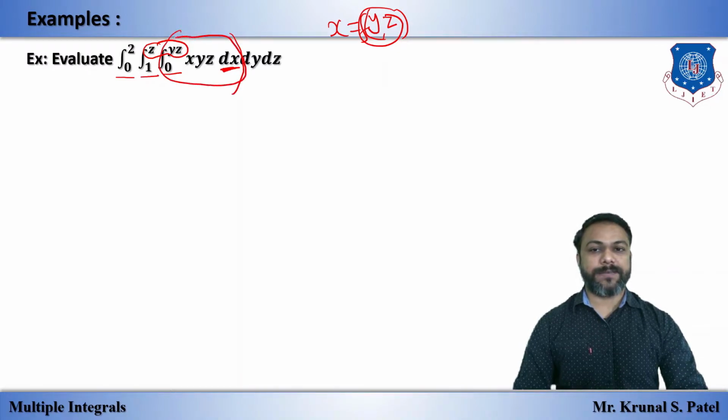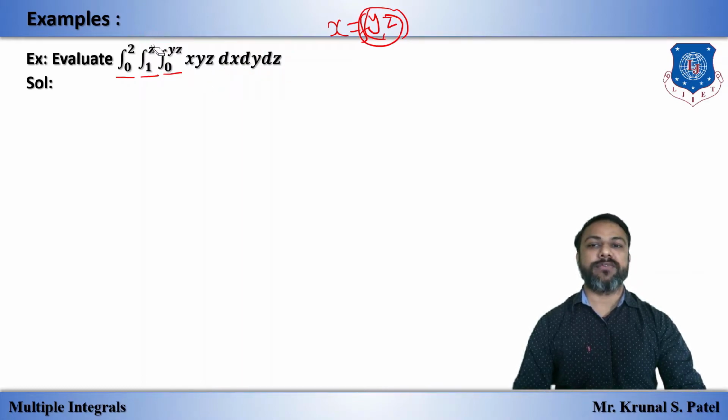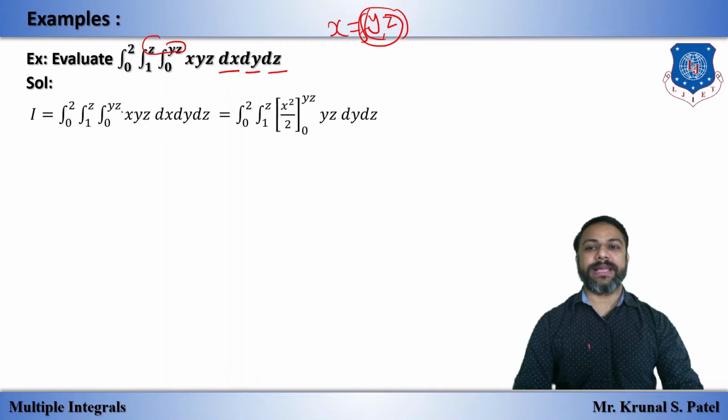After completing this, now we have only two remaining variables, y and z. Now we have to see the inside limit is of the form of z, that means it is y. So we have dy inside, and last we will integrate with respect to z. Okay, so the given order is okay, and we can follow this order. If this is not okay, then we can change it to dy, dx and dz according to the given limits. Now the given order is okay.